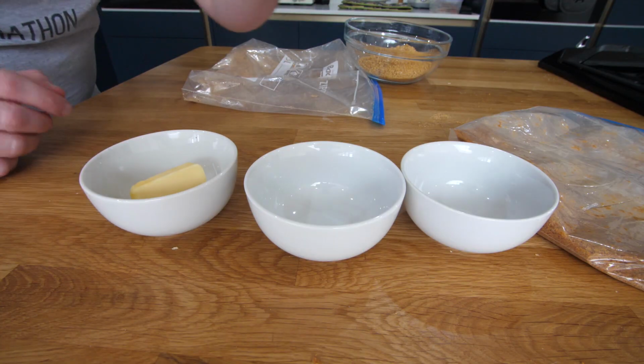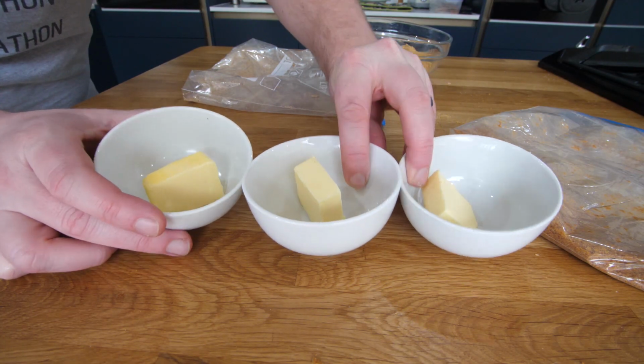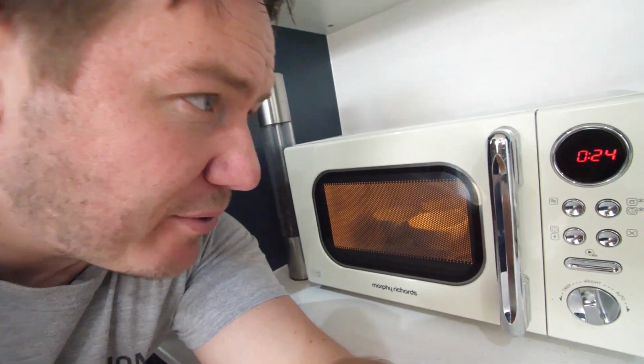Okie doke, so I've just weighed out equal amounts of butter. Oh my gosh. And I'm going to put these all in the microwave just to melt up to merge with our biscuits. Right, so this is going in for about 30...